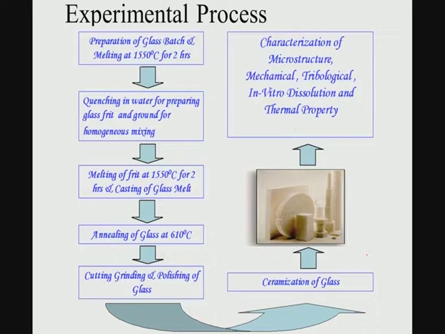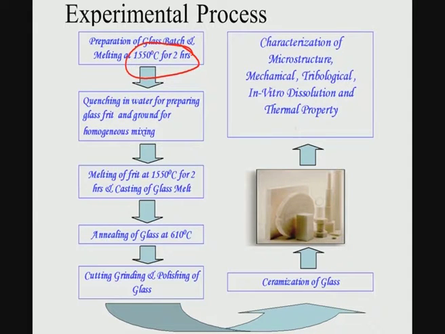Now, how these glass materials are being processed is very important to note here. Essentially, all these oxides are mixed initially. After they are mixed using the ball milling technique, they are simply melted at a temperature of 1550 degrees for 2 hours in a conventional sintering furnace. Once it is melted, this melting is to be done in a platinum crucible.